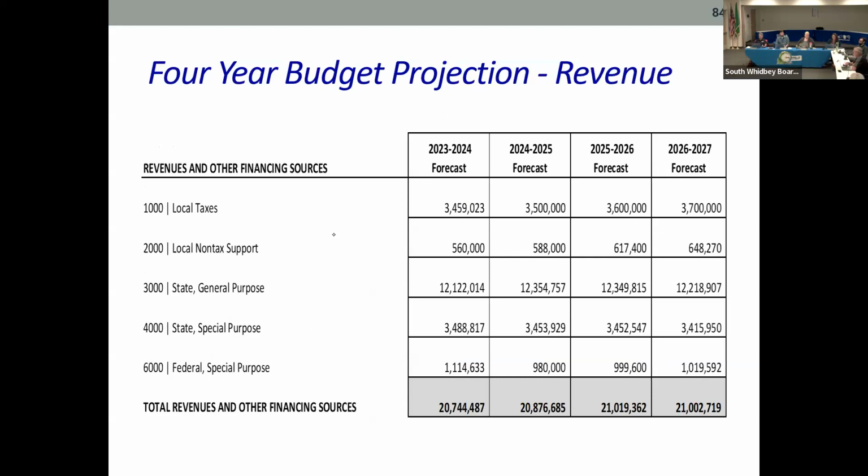Based on that, we look at what the revenue projection would be, and you can see that the revenue actually doesn't change much. Even though the funding levels go up a little bit, we can actually probably increase our local taxes a little bit based upon CPI increases and things like that. But we're not seeing a big change in our revenue. So we have to make sure that we're looking at a program that runs about that level.